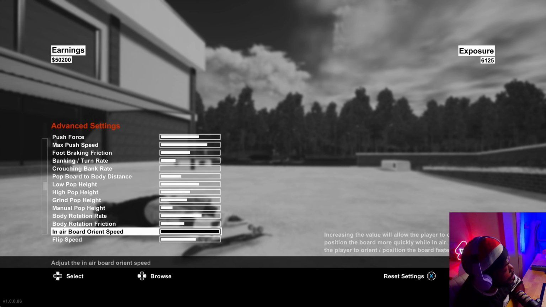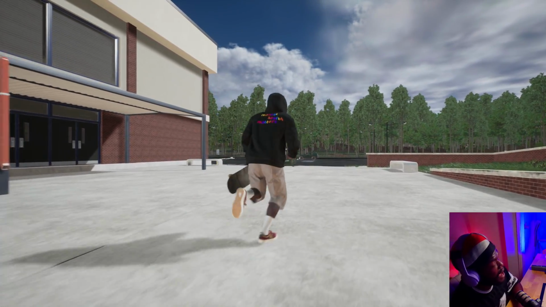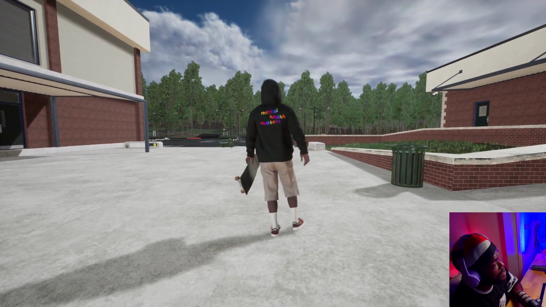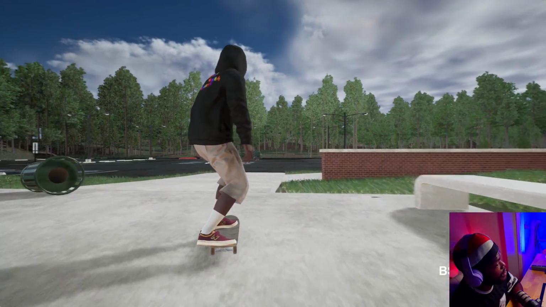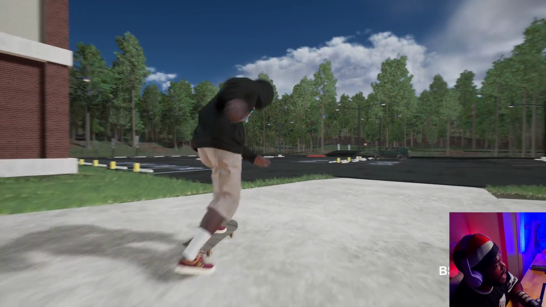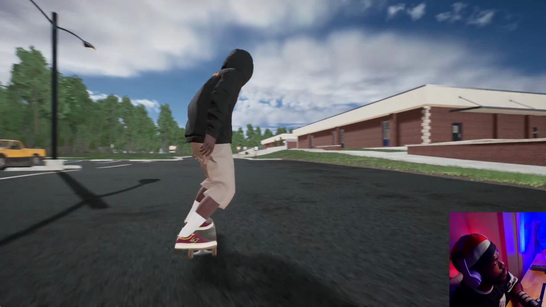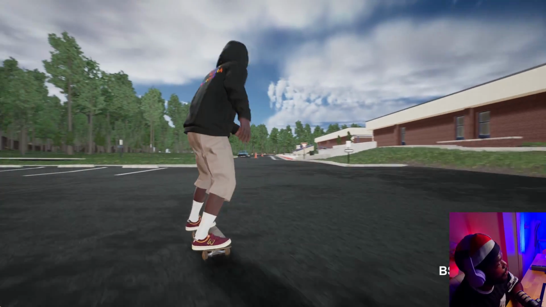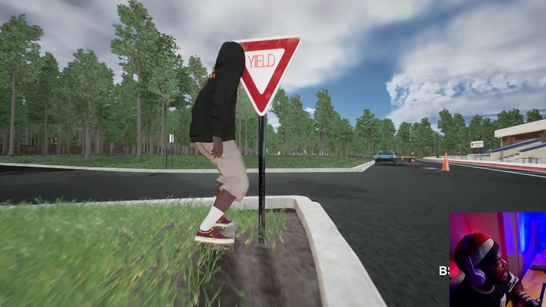In air board orient speed. Increasing this value will allow your player to control the position of the board in the air more quickly. And in my opinion, that allows you to get flips in the grinds a lot easier. That allows you to do like 270s or 360s where you whip one foot around a lot easier. When that is turned down, your character has less control of the skateboard while in the air. When it's turned up, your character has more control of the skateboard while in the air, allowing some pretty wild...